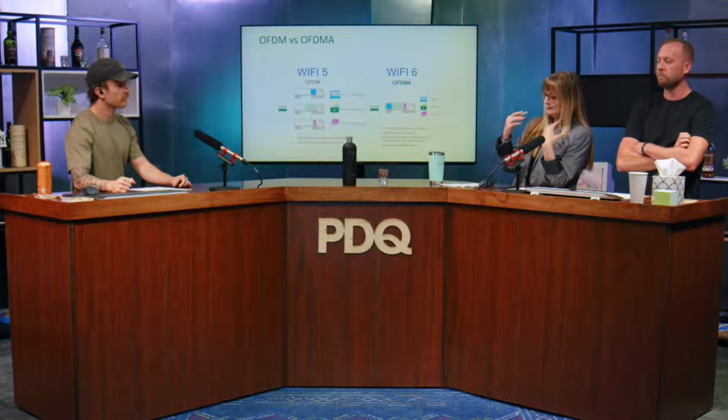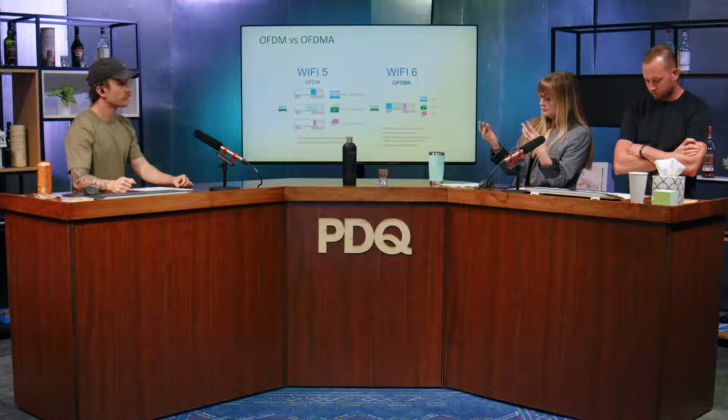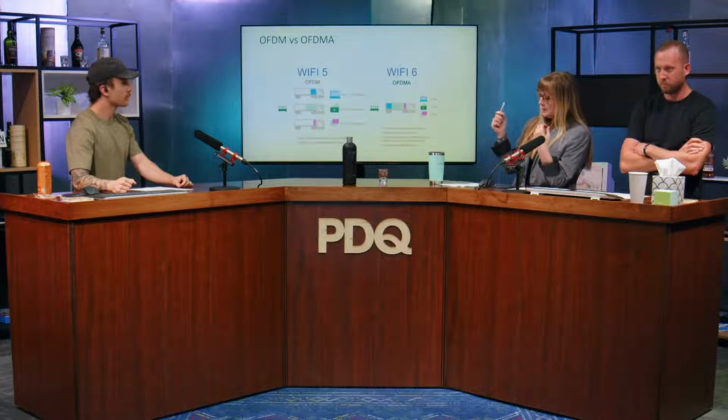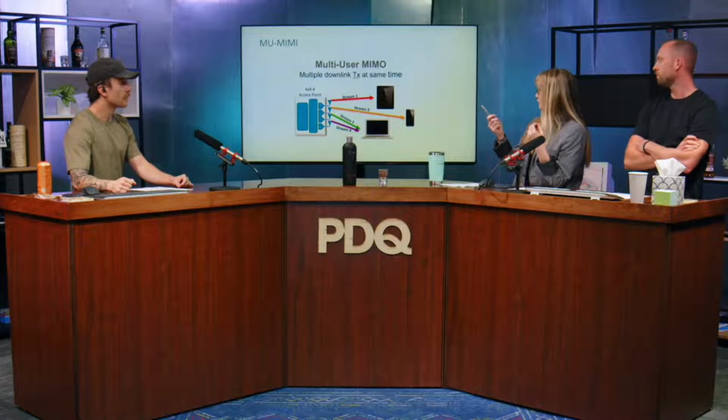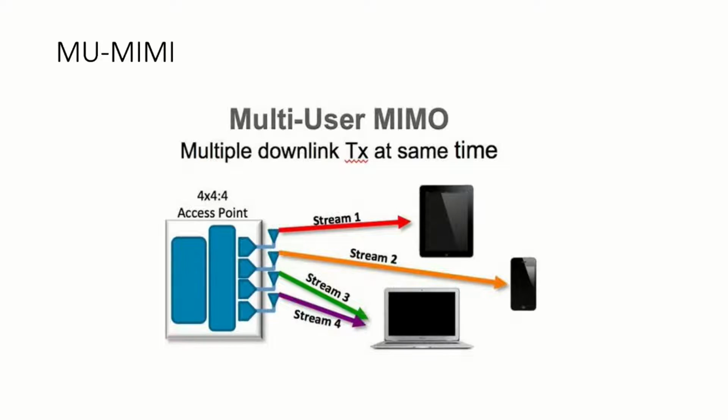Okay, so maybe let's talk about some of the features that make it more efficient and why. The first one, and Kelly, let's go to the MIMO. So single user MIMO, multi-in, multi-out, existed in 5. And in 6 now we have multi-user MIMO. In 5 it was only in download, but now it's in upload and download. So this is another way to make it much more efficient, and it can handle more clients at once. Yeah, this is another per-beacon efficiency.